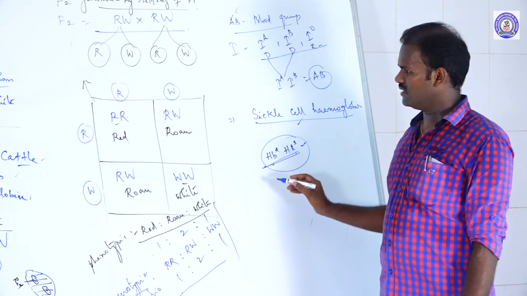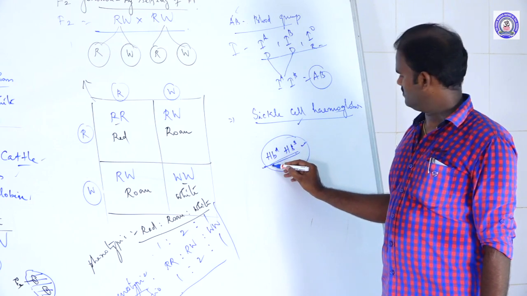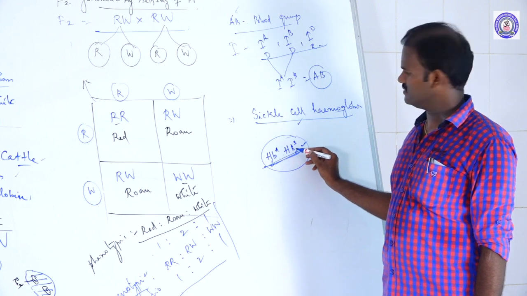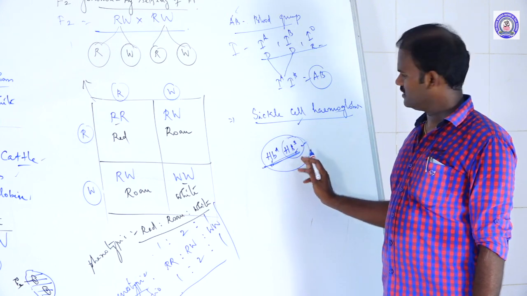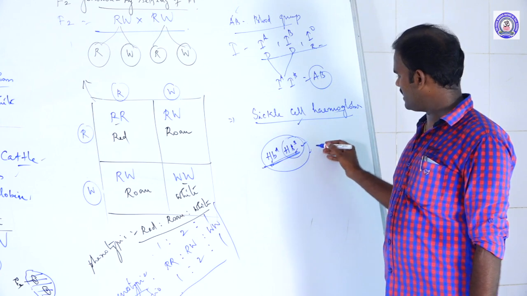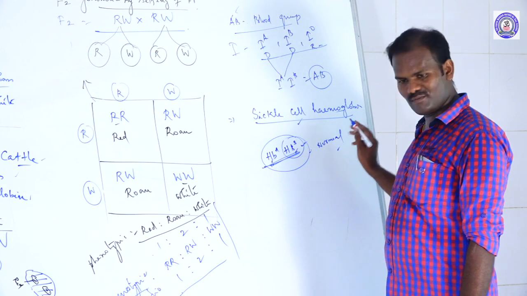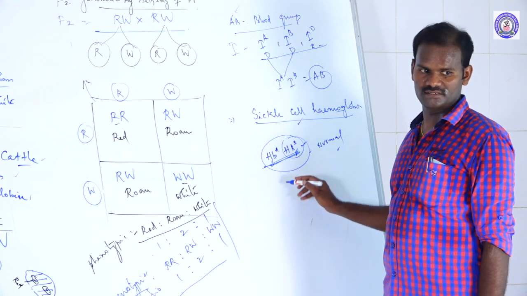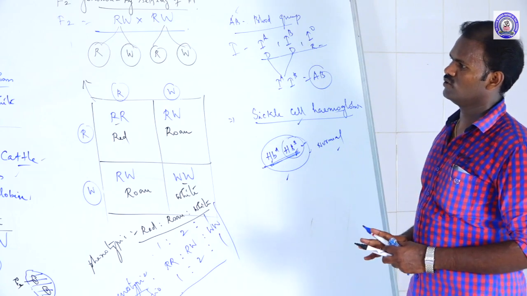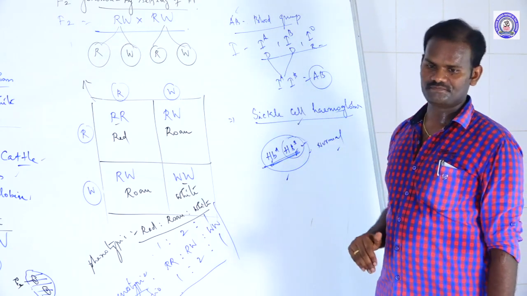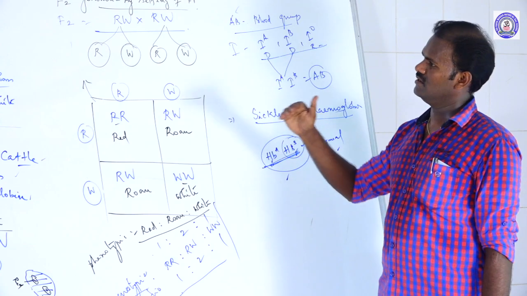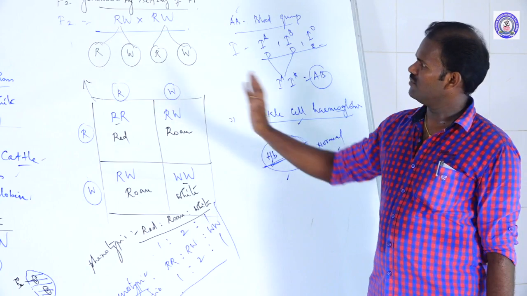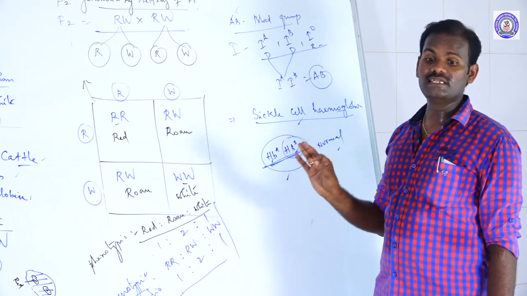What is called codominance here? Both alleles, the normal allele and the sickle allele, are expressed. The alleles are mutated, and both are fused together. This person is also normal, but carries the recessive allele too. These are the codominants. Next, we are going to discuss other examples of exceptions to the law of dominance. One is incomplete dominance, the second one is codominance, and the third one is multiple alleles.